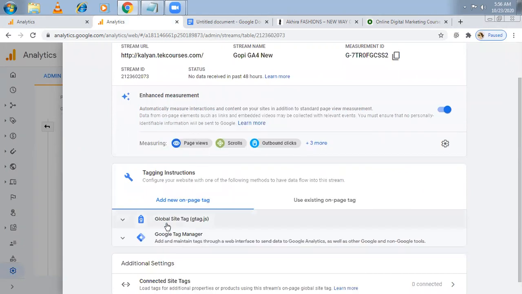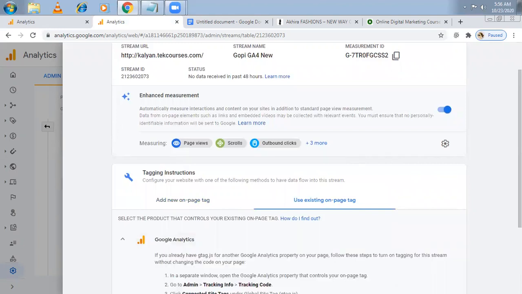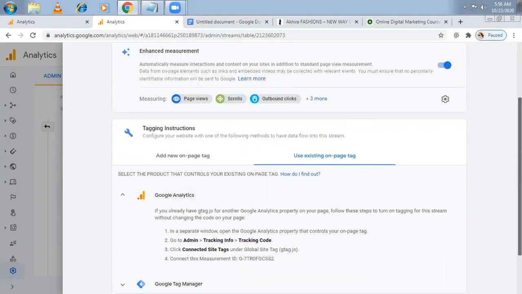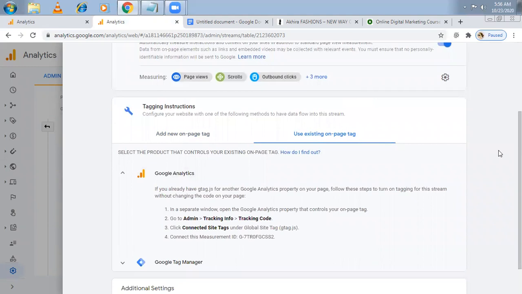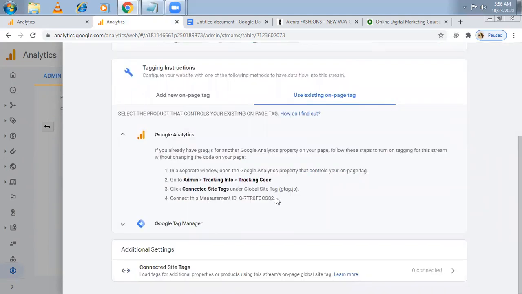Now the older one is there. The older one is already tracking Universal Analytics at the time. Use existing on-page tag. Click on this. And which one do you want to use? Google Analytics. Here they clearly mention what to do. So the new GA4 has this measurement ID. Copy this measurement ID